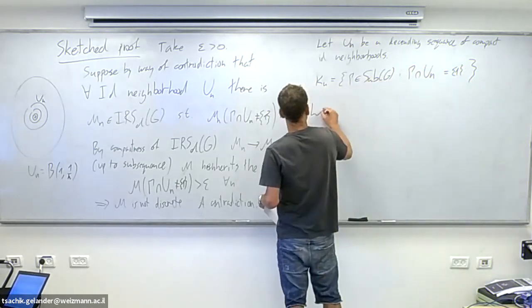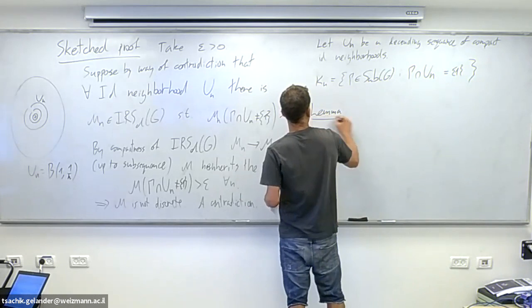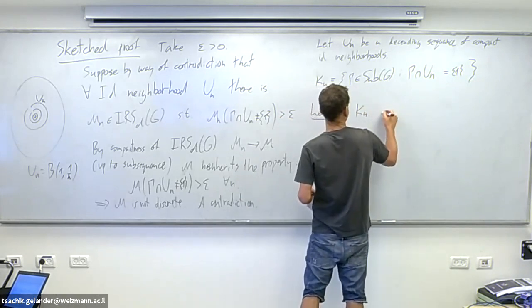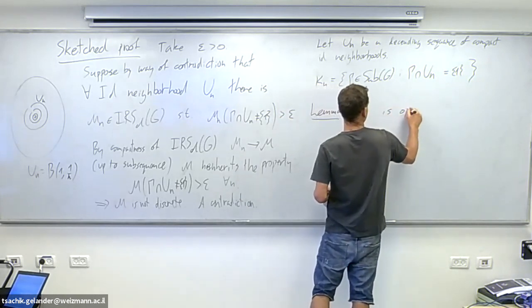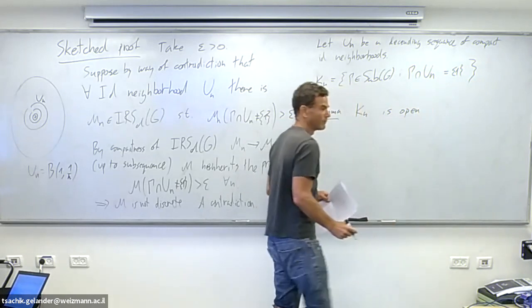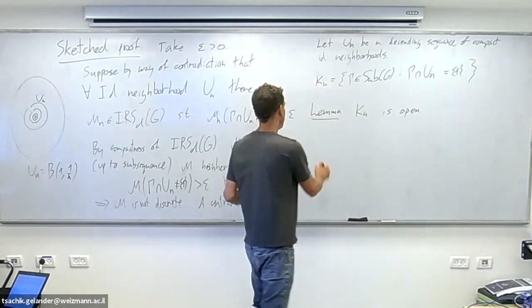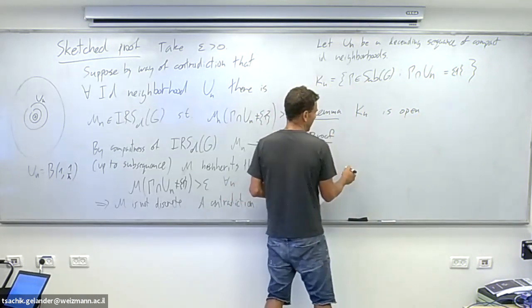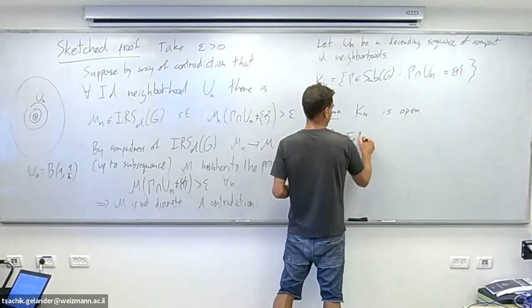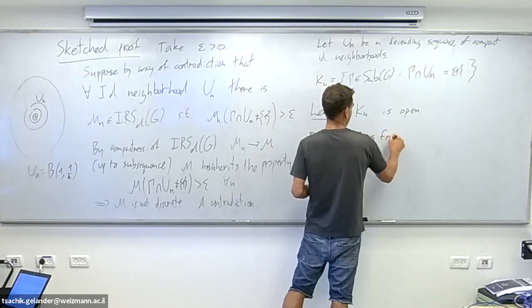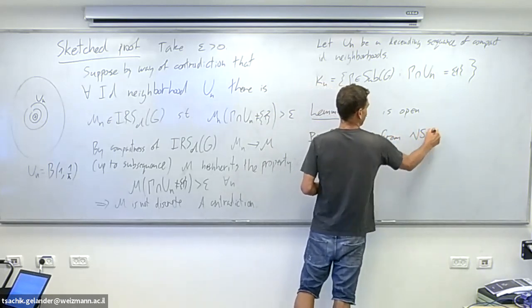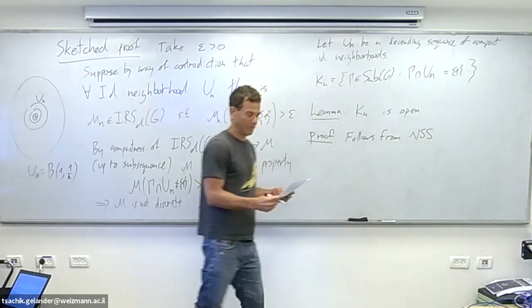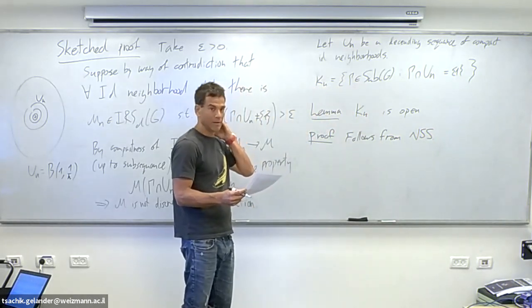Then lemma: Kn is open. Proof. I just say it follows from no small subgroups, as I said earlier. If you want,